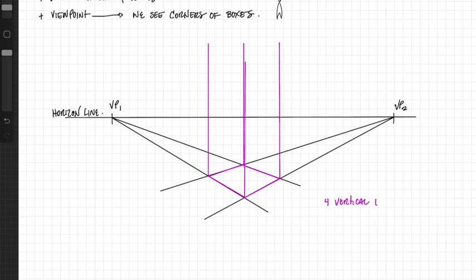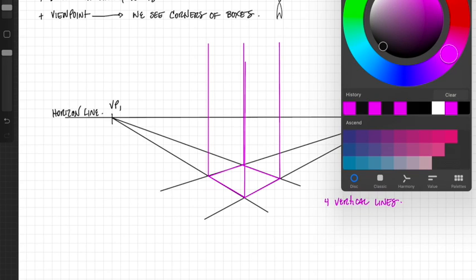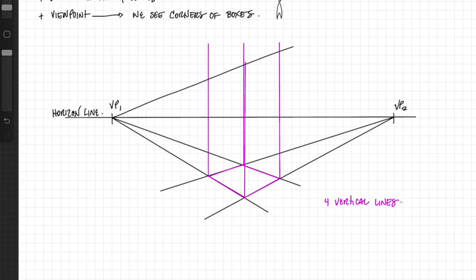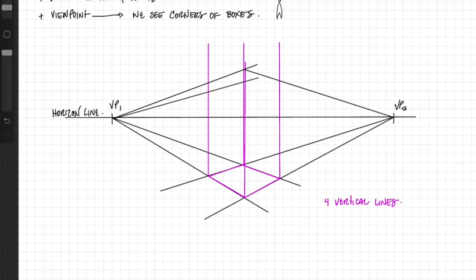So we have 4 vertical lines that are all parallel, and we're going to follow this same type of format when we draw other types of box forms. You're going to find that vertical lines are the only lines that are parallel with each other. Every other line that emanates from vanishing point 1 or 2 is going to be at an angle. So I'm going to do that crisscross method